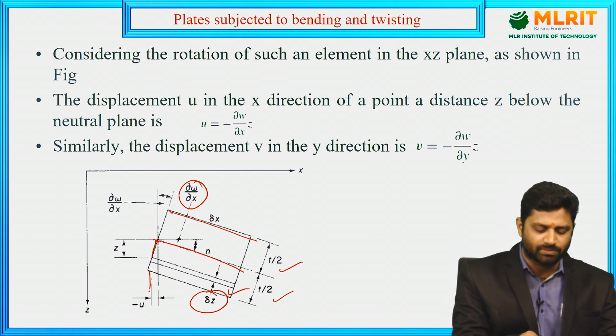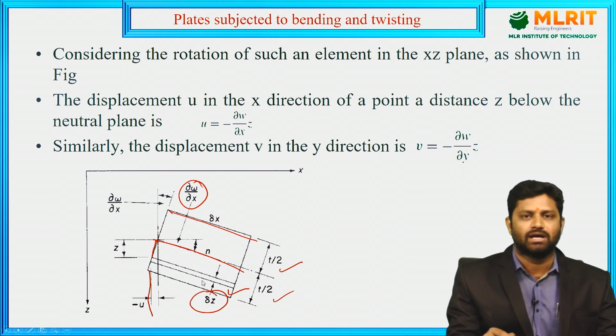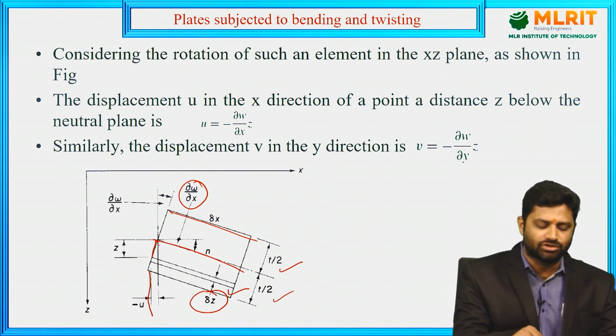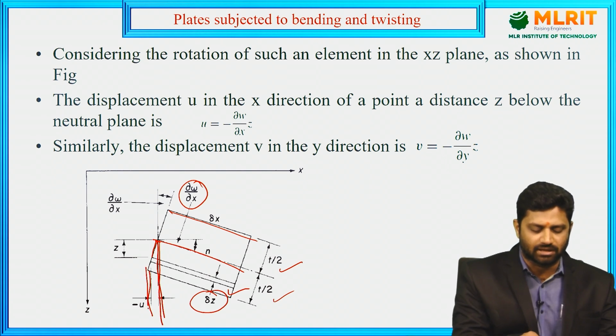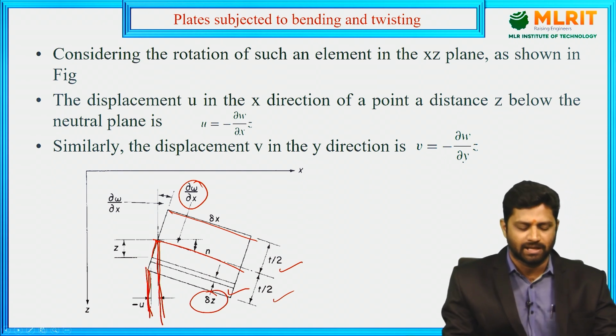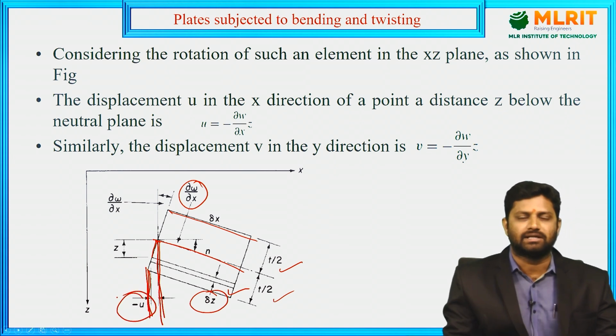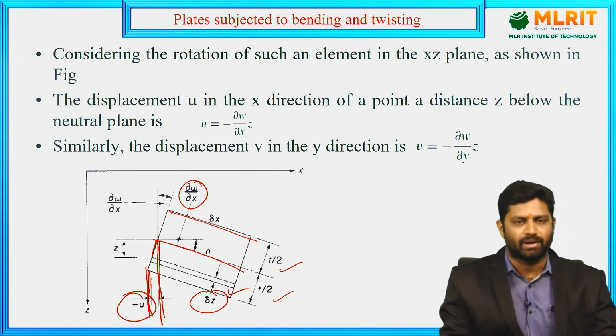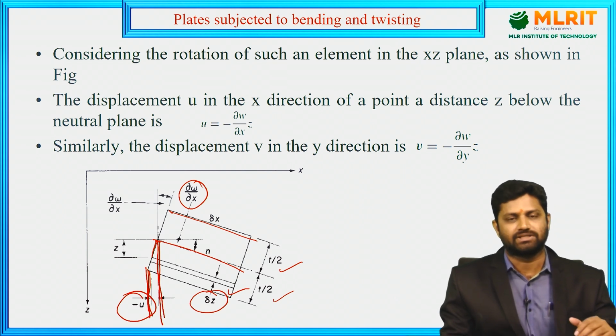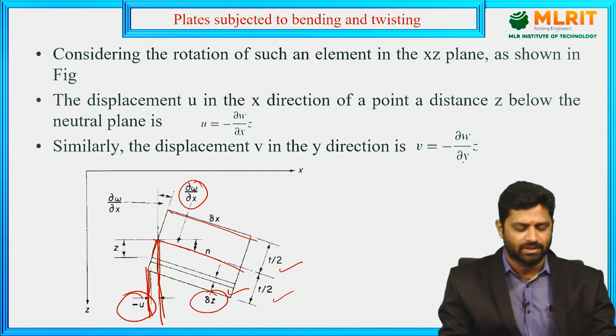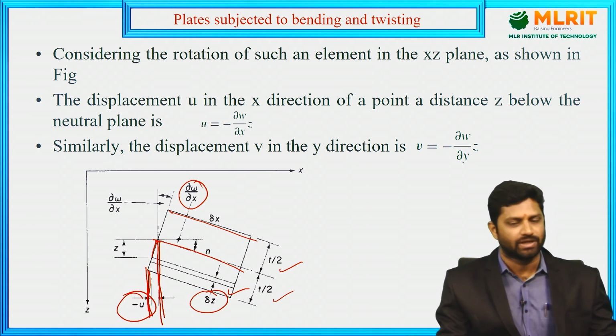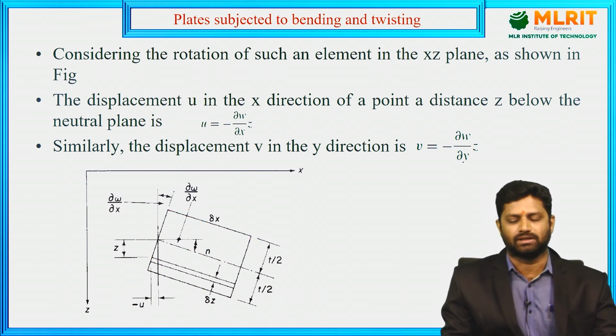Now this is the original position of the plate, and after it suffers a rotation of ∂w/∂x, let us assume that its neutral plane position has been moved to this length. Earlier this was the neutral plane position, and we are considering the displacement, which is given by minus u, because we are considering the left side of the diagram. So minus u is the deflection, so minus u is the displacement. Okay, so now from this diagram we can write the displacement u